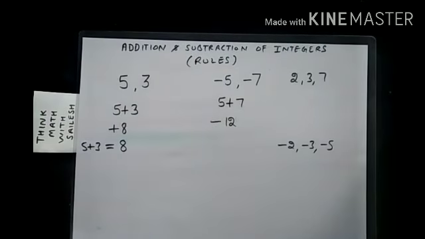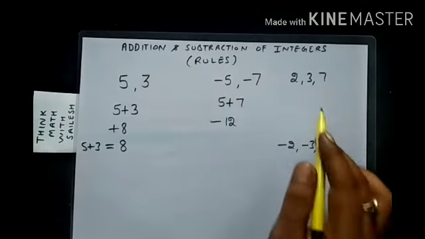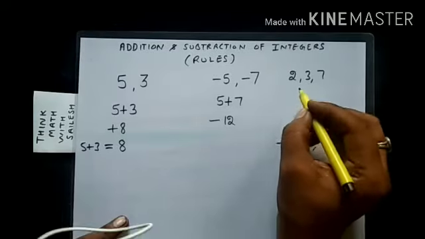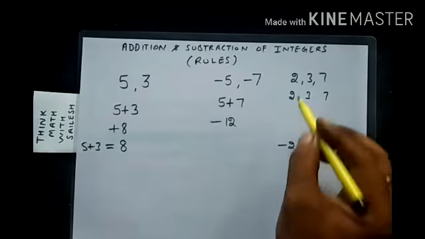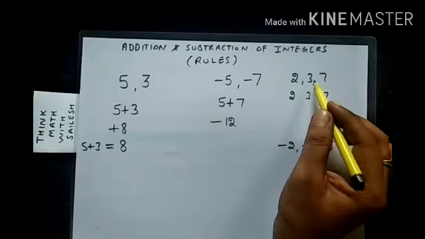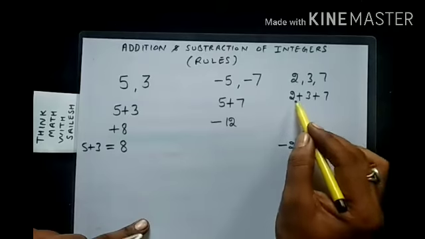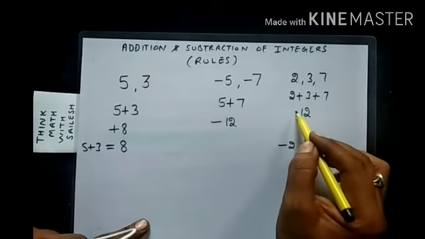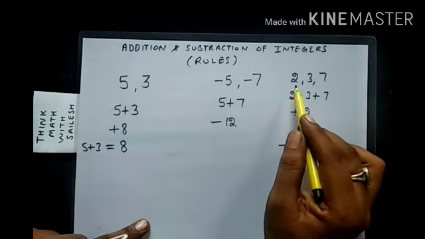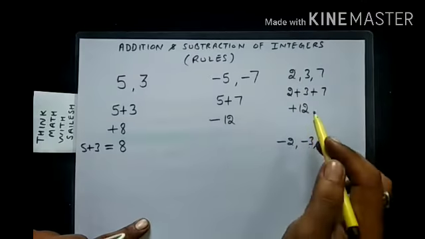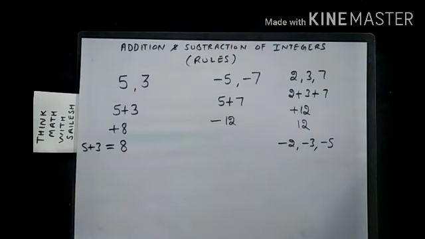You can expand this rule for more integers. Here you will see 2, 3, 7. These three are positive integers, and in order to add we will write their absolute values. The absolute value of 2 is 2, 3 is 3, 7 is 7. I find their absolute values and I have to add all these. 2 plus 3, 5 plus 7, 12. Now the answer is plus 12. Why do I write the plus? To show you that the common symbol will be written with the answer. So I can skip the plus symbol. So the answer is only 12.